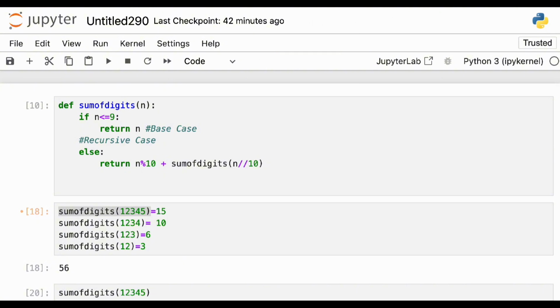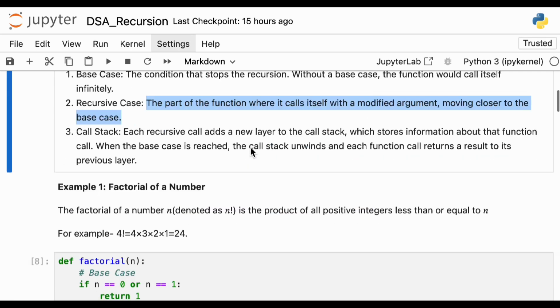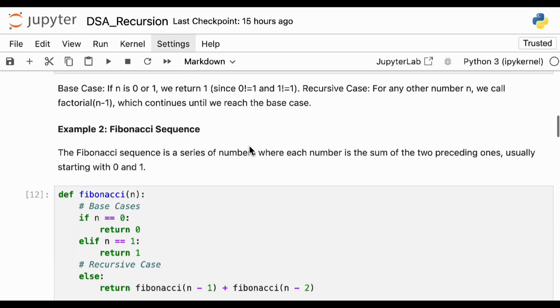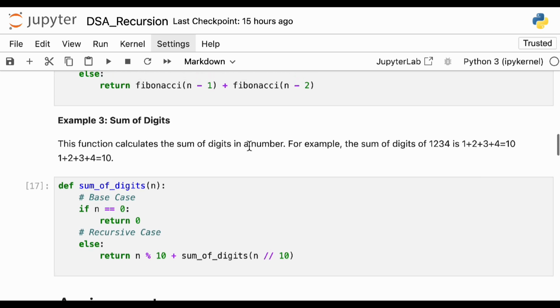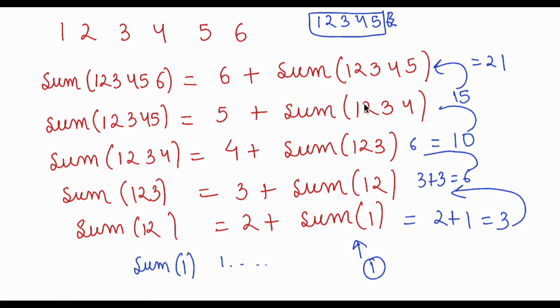And this is what recursion is. So I have explained it using 3 examples. First we did factorial, then we did the Fibonacci sequence, and then we did the sum of digits. So this was recursion, and I hope it is clear. First of all, remember the key to understanding recursion is that you have to create this pattern, because if you directly jump into the code, you will never be able to solve it. It takes some time to understand conceptually. What is the pattern, how should I return, what should the code be? The code is very small.